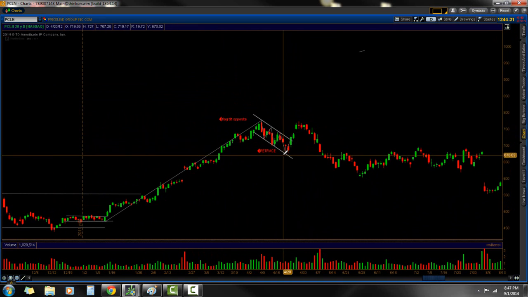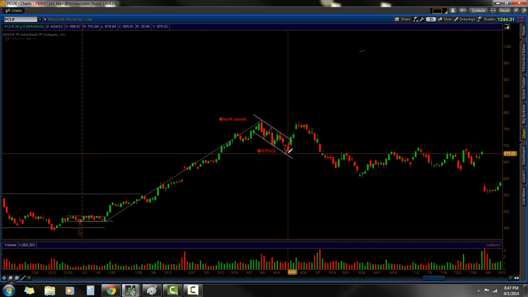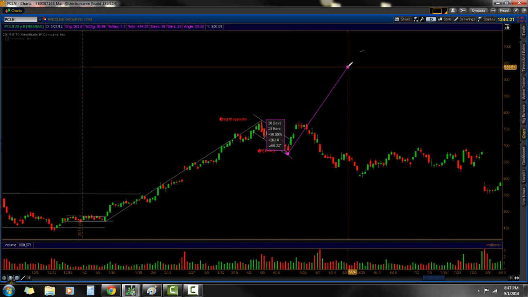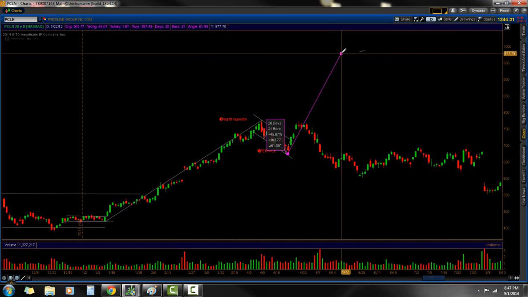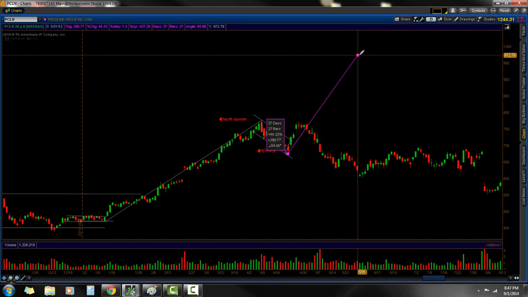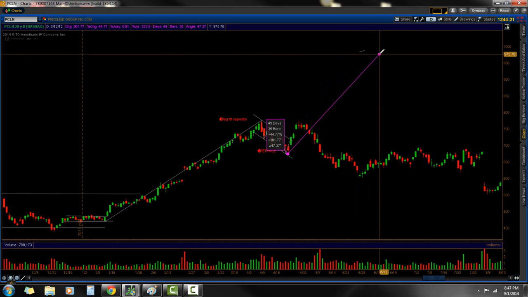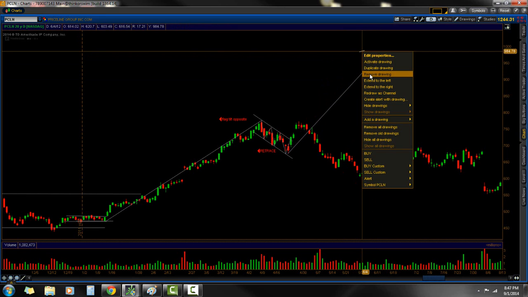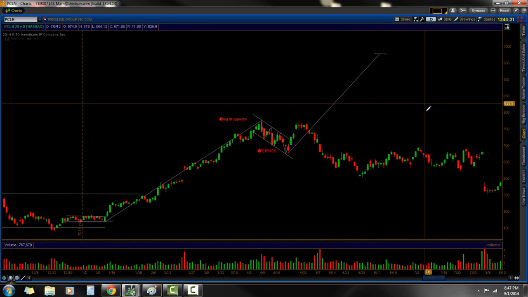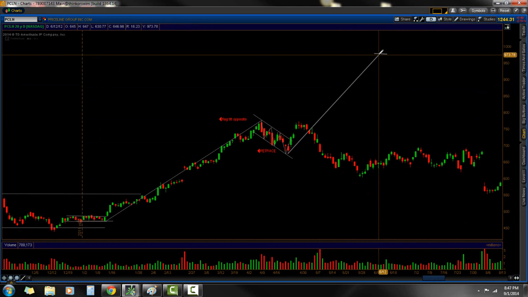So how you do that is you take the bottom of your flag, which is this particular candle right here, the lowest. You guys know how to do this too. You did it with all your wedges and everything. You find the lowest point, which is the bottom of this candle, which we'll call 675, and then you add 300 to it. 300 plus 675 is 975, and I'll put it at a 45-degree angle so you can get a sense of how those trade. And it puts us about right there. Okay? That's your target, 975,